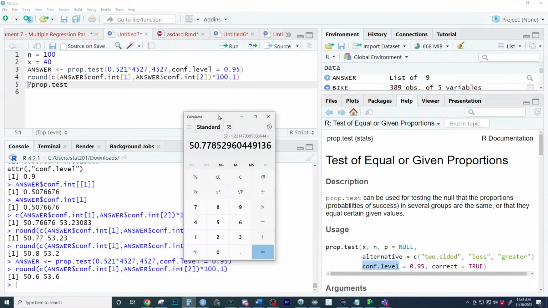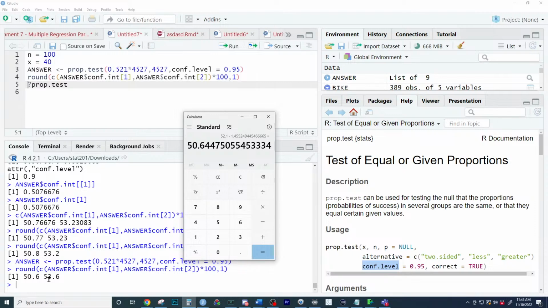So here's me checking it with 52.1. Q is going to be that. Square root of P times Q over N. It's all the numbers are the same, like this is the same sample size, times 1.96. There's the margin of error. And then we go here and do times 100. There it is right there. And 52.1 plus this, so there's the top number. 52.1 minus this, there's the lower number.